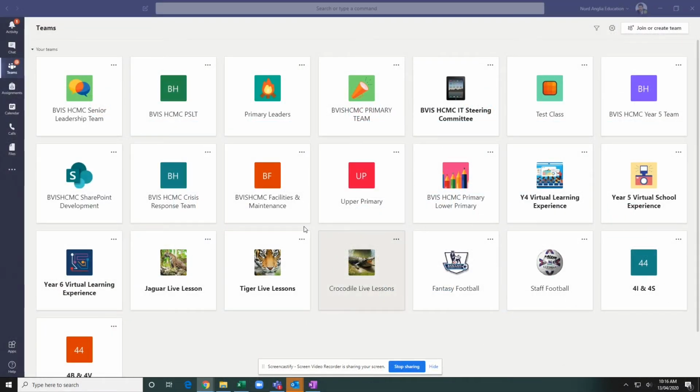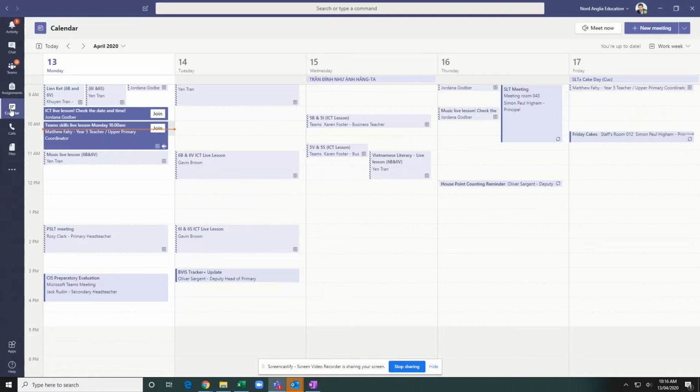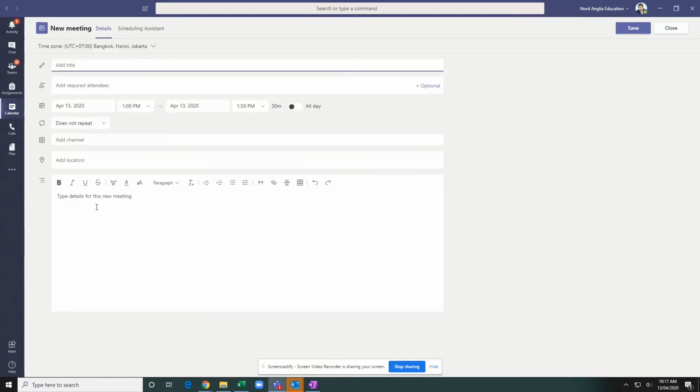Okay, so now we're back in Teams, and so you go to your calendar in the left-hand bar, just here, and then you can see your calendar for the week. So this syncs directly with your Outlook calendar. So everything that's in your Outlook calendar will be here, and everything that's here will be in your Outlook calendar. So if I want to create a live lesson or live meeting, go, for example, 1 p.m. today or Monday, enter 1 p.m. I'm just going to call this demo